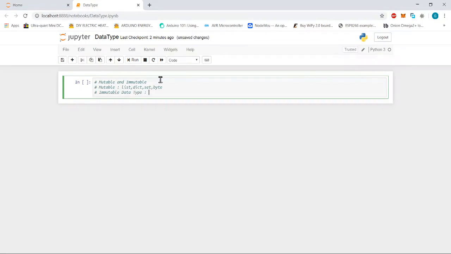Immutable data types are integer, float, string, tuple, and frozen set. So these are the immutable data types.